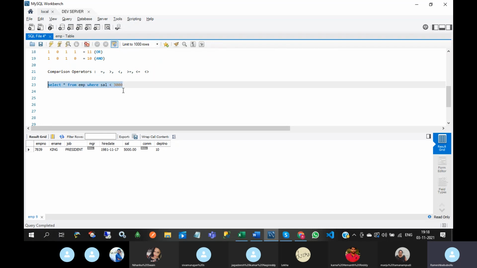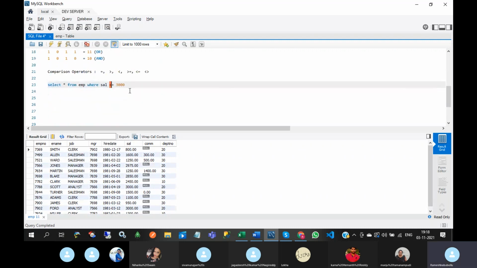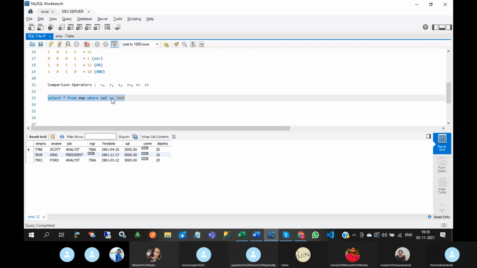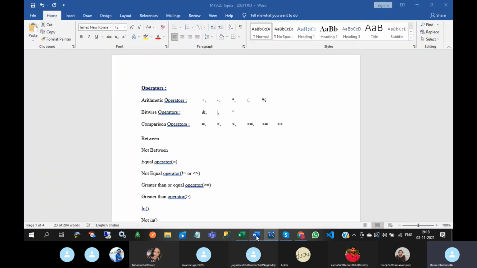Less than 3,000, less than symbol. So greater than equal, and not equal. So here 3,000 is not available. For not equal, you can use this one also. Okay. So these are comparison operators.